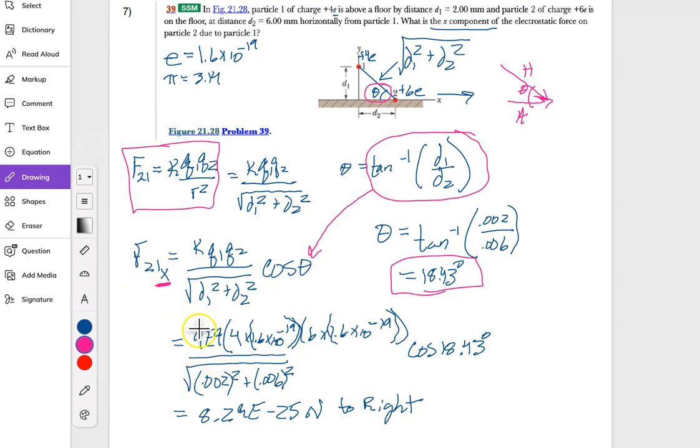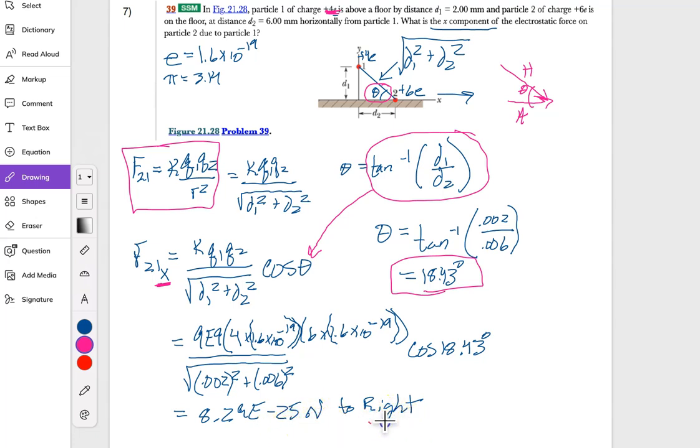So I just plugged everything in, 9 times 10 to the 9th. This Q1 is 4. You'll remember that's 4, but it's 4e. So it's 4 times 1.6 times 10 to the negative 19th. And then the other charge is 6 times 1.6 times 10 to the negative 19th. So all that's on the top, times the cosine of 18.43, because we found that here. And then we're going to divide by the distance between them. And once you do all that, you get 8.29 times 10 to the negative 25th newtons,